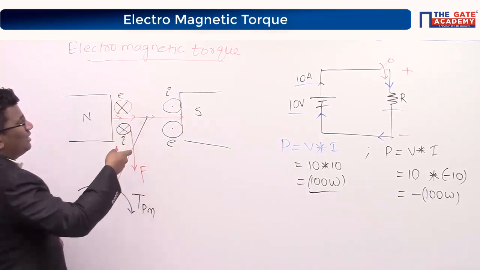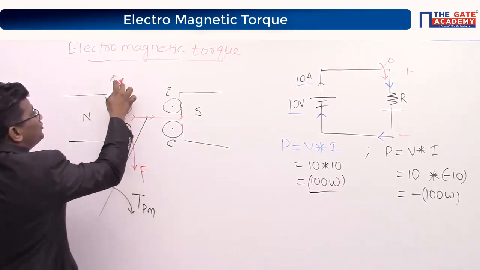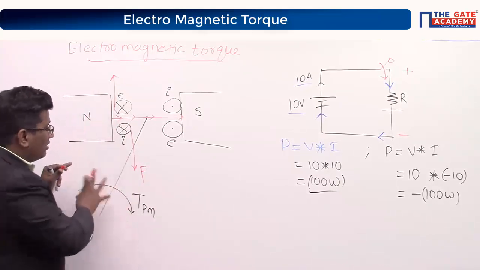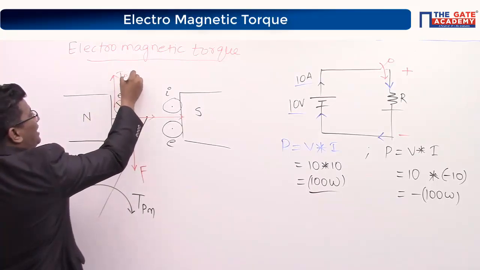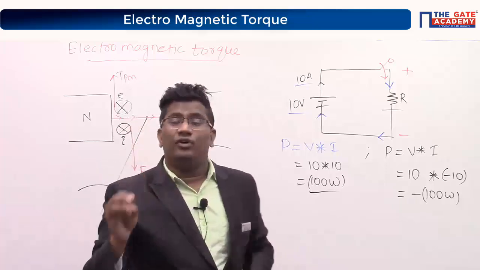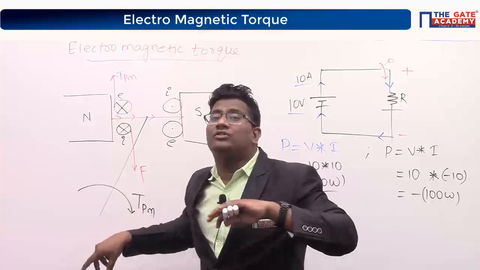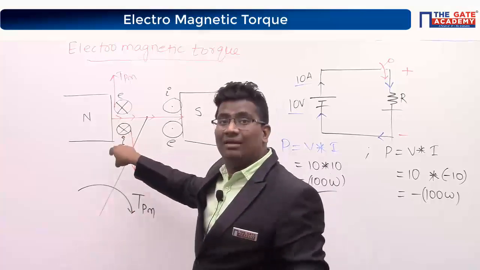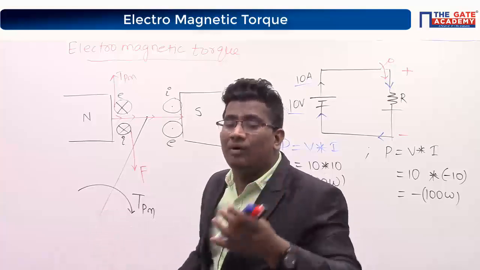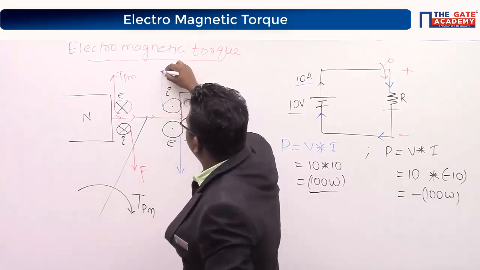But already the same conductor has an upward force. This force is because of what? Can I say this force is because of the prime mover? This force is because of the prime mover. But the downward force which is acting on the conductor, did you get it because of the load or because of the prime mover? Tell me, quick. Come on everybody.